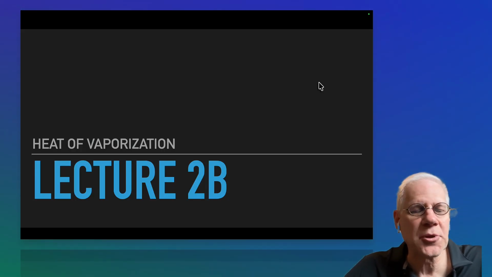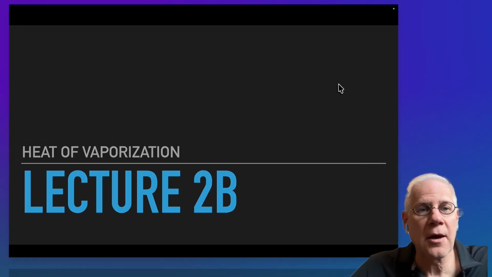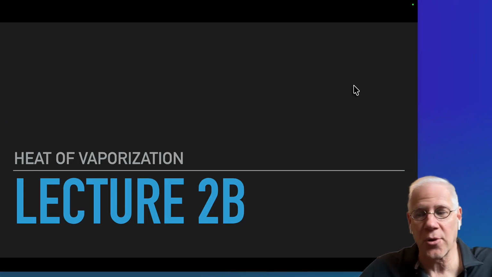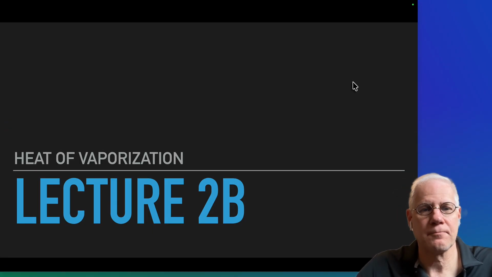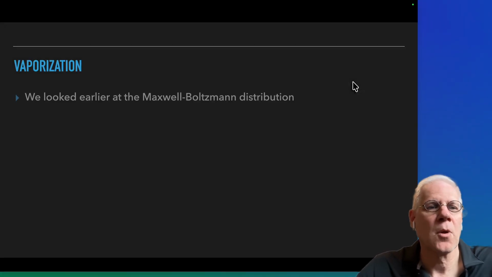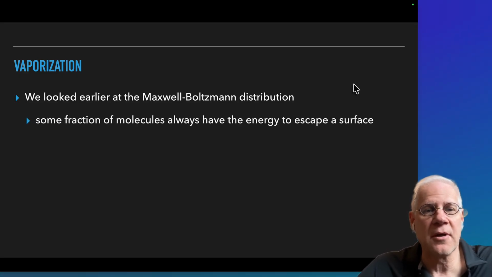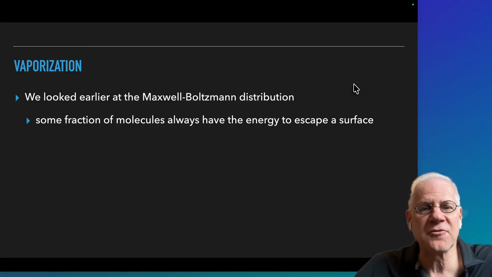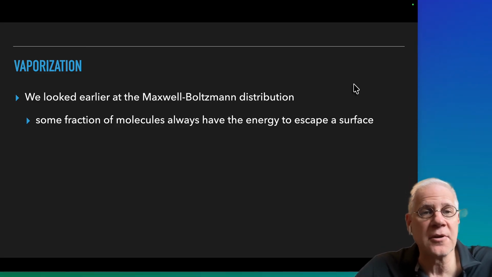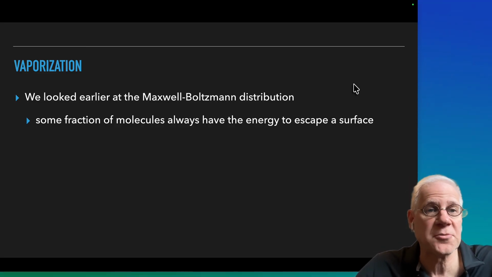Welcome everyone to Lecture 2B, where we're going to be talking about heats of vaporization and how they relate to the Clausius-Clapeyron equation. So we looked earlier at the Maxwell-Boltzmann distribution for molecules at various temperatures. And what we saw is that there's always some fraction of molecules that have enough energy to escape a surface,